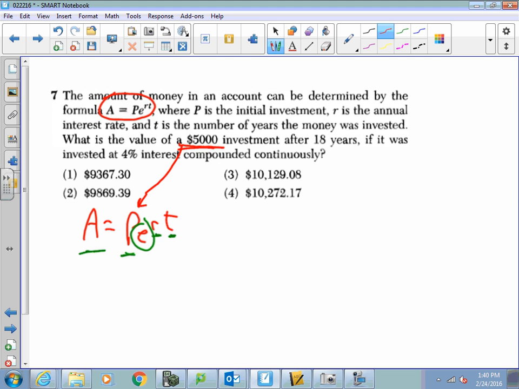Because that's our initial investment. The time's pretty obvious, 18 years, right here. And the rate is 4%. Now, what you have to be careful of is when you deal with the rate,